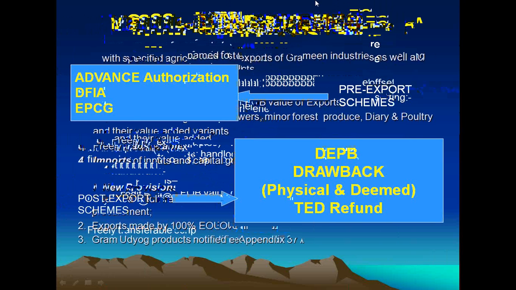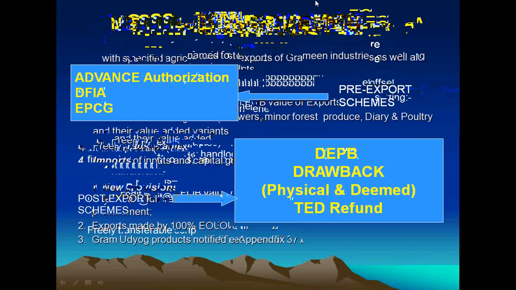The DPB is a scheme which has gone away. We've kept it on the slide only because we are just doing the residual activity on that. Drawback is a refund of the duties on the inputs to the end product, just like advanced license is an ab initio exemption. Similarly, the EPCG is the export promotion of capital goods, which is a duty which is refundable, which